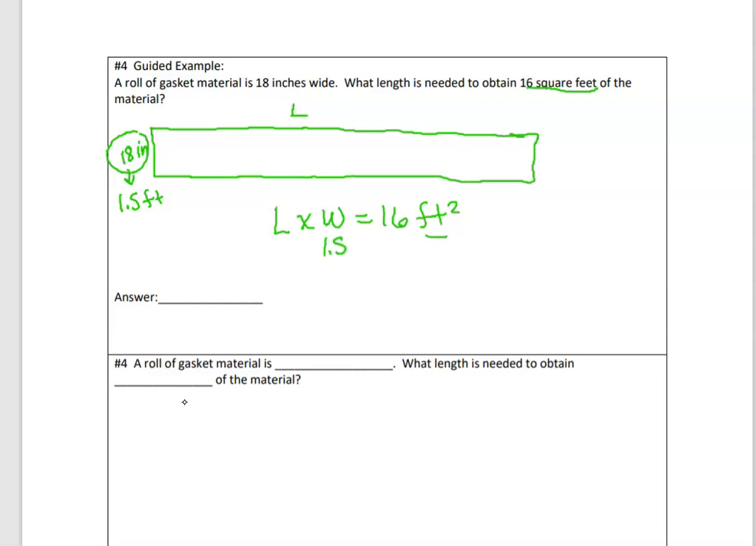Since we're going to change to talking about algebra a little bit here, I'm looking for the length, but I know the length times 1.5 feet is equal to 16 feet squared. So if I want to find this missing length, I should be able to divide by 1.5 feet on both sides of my equal sign. Okay, and that's going to get me, these cancel out because they turn into 1. 16 divided by 1.5